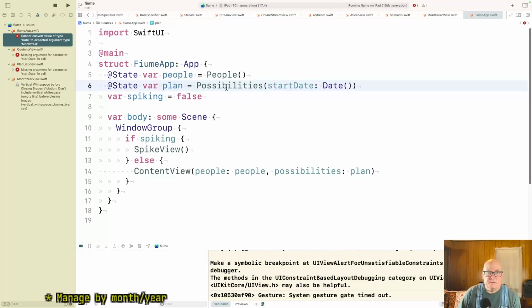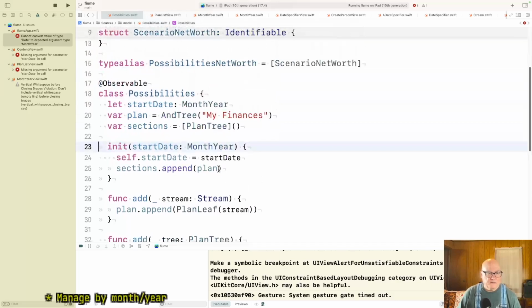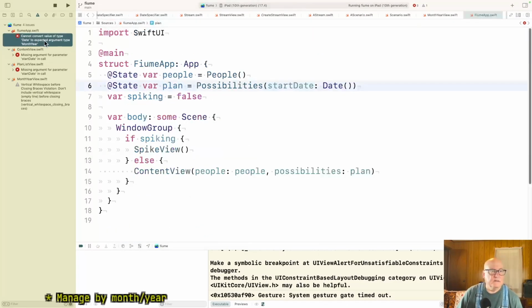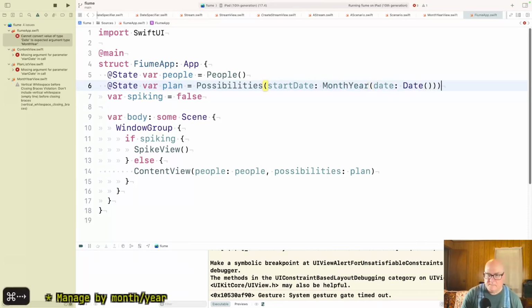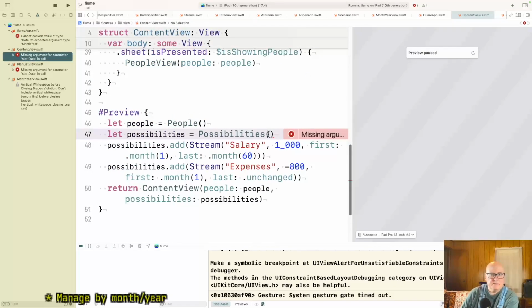Value type date to expected argument type month year. Oh. Well, content view.